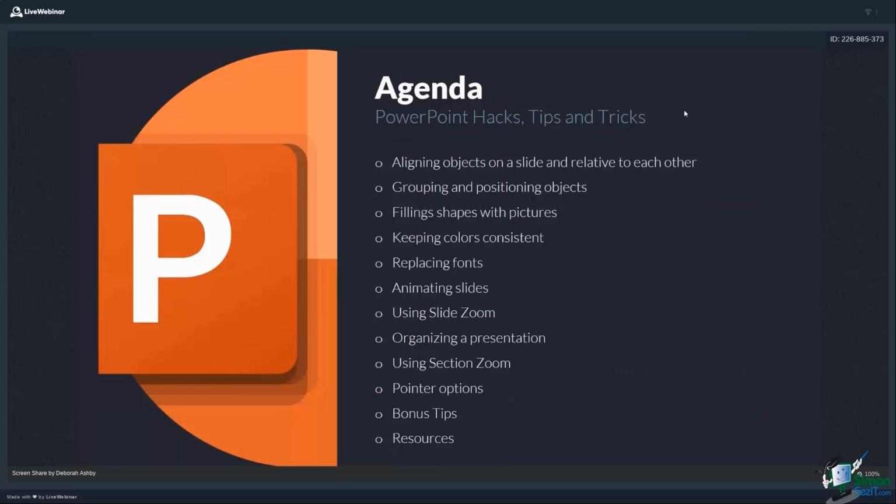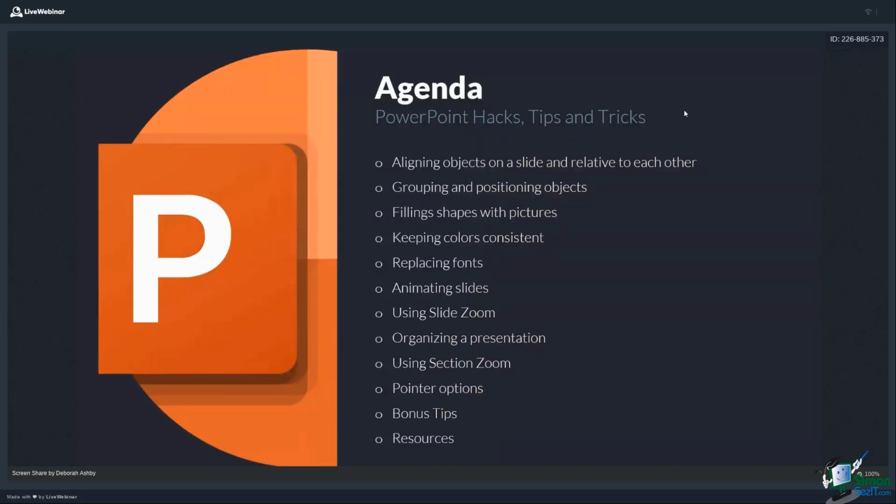Now, everything that I'm using in this presentation when it comes to images, icons, all of that kind of stuff, right at the end of the session, we're going to take a look at these resources because everything I'm using today is a free resource that you can use in your presentations. And that's a key point because one of the things that people struggle with is knowing which images to use, finding a place where they can download free images without any copyright they have to worry about in order to use in their presentations. So we're going to do that right at the end. But let's start by jumping into our content.